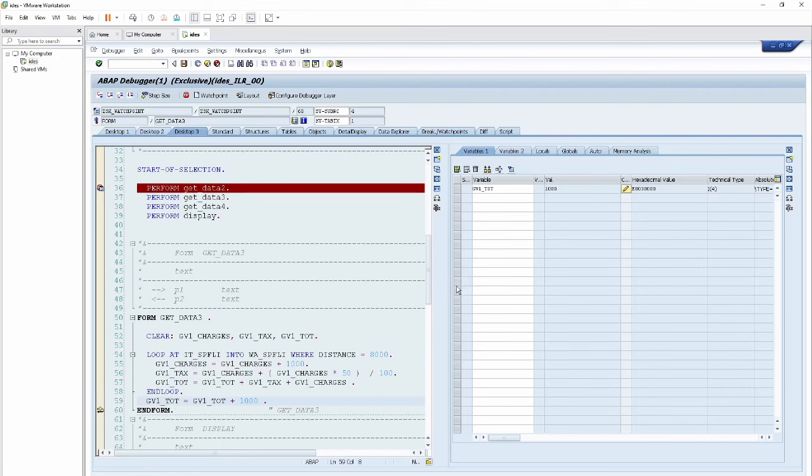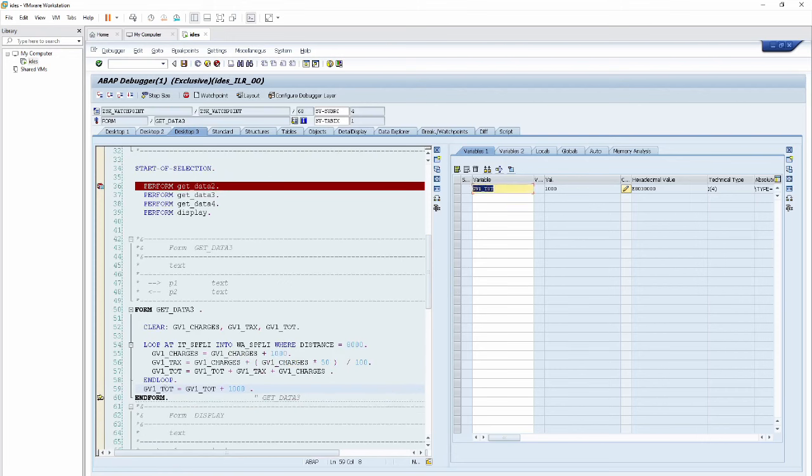You can see the value of GV1 TOT is equal to 1000, and after this the program has been stopped. In other scenarios we can do something, because we have put this restriction on the value of our resultant variable,